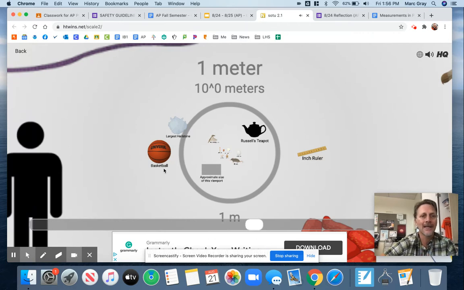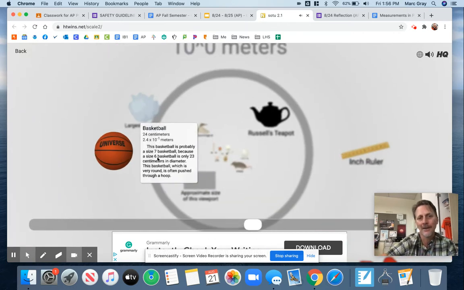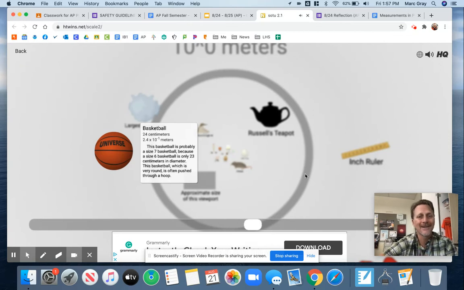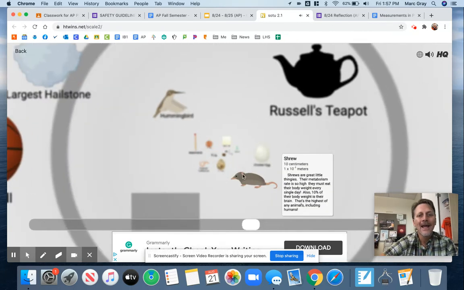What you do is you click on a basketball, and it'll tell you about the basketball, and it puts it in its order of magnitude. And there's actually a spot under my picture over here where it shows you what order of magnitude you're in. Okay, that's what I meant to say, order of magnitude. And so notice that the ball is in the order of magnitude of 2.4 times 10 to the negative 1 meters. All right, and then it tells you a little bit about the ball. And then you're going to pick 6 objects total, but go ahead and take a look at the program.